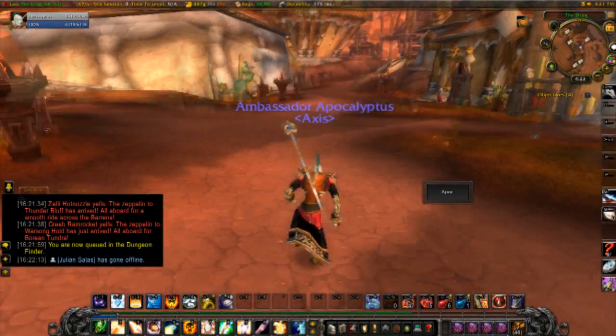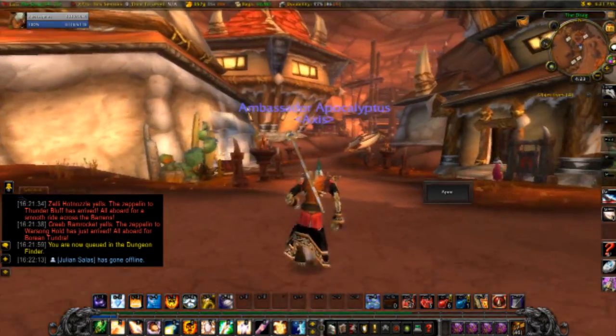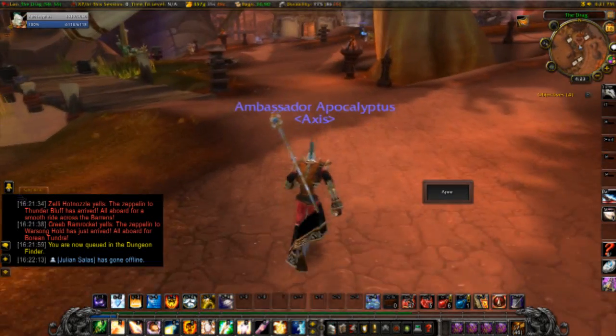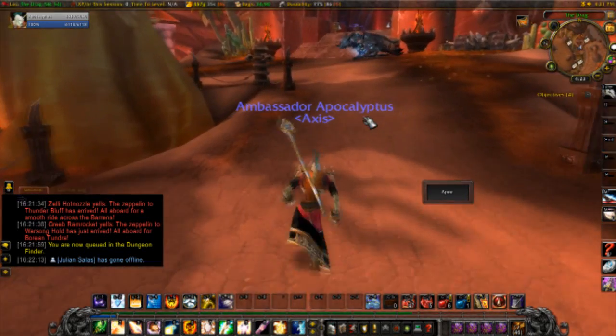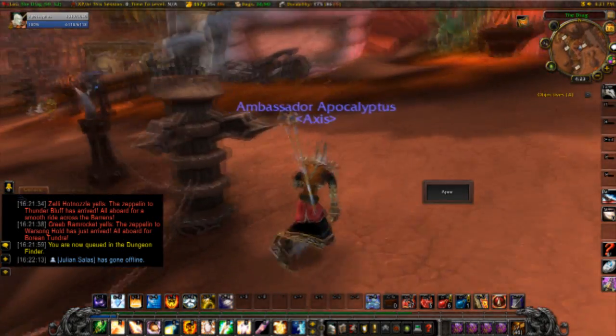Finally, 1.5 years ago, I made my hunter. He is a troll survival hunter, whatever. He's level 85, he's 349, and he's only rated Baron and Hold. I'm not an insane raider. So, about a month and a half ago, I started getting really bored on him, so I decided, let's